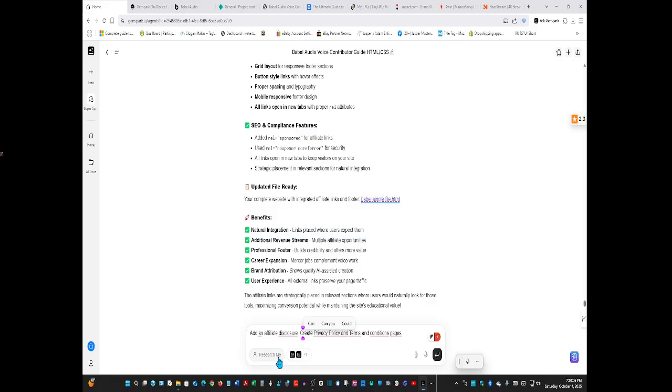Create privacy policy and terms and conditions pages. Capitalize that, Google. Yeah, we'll let you do the work.